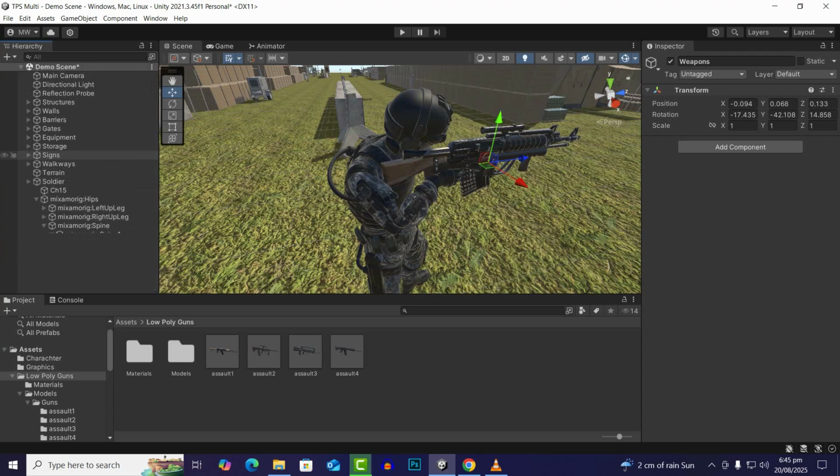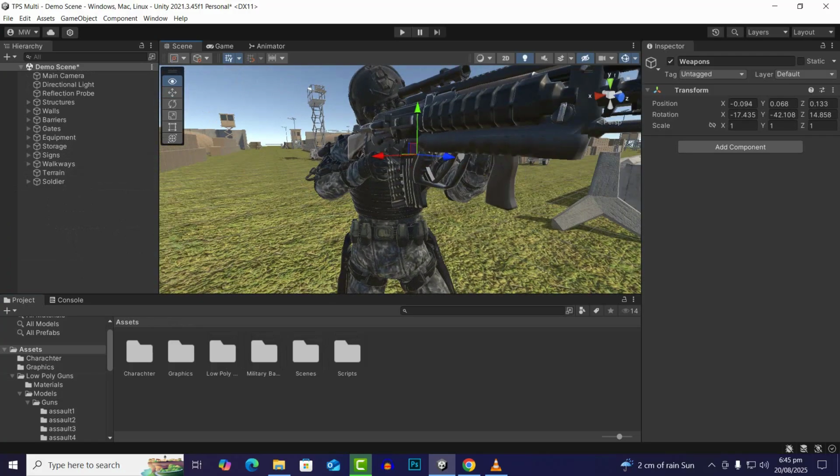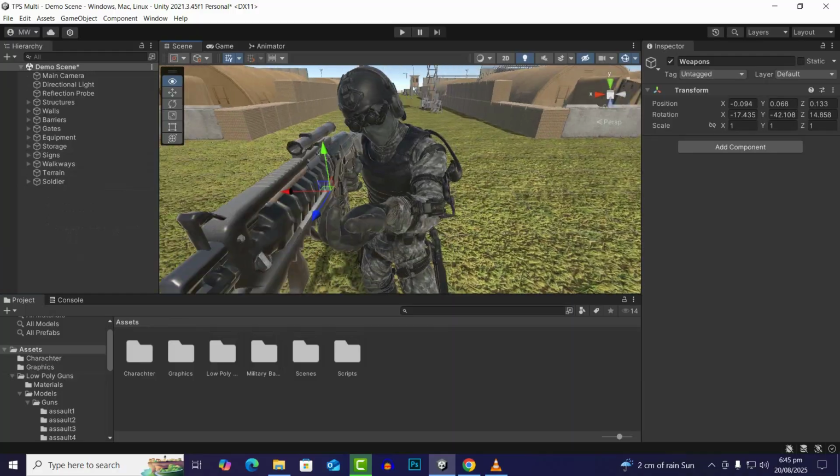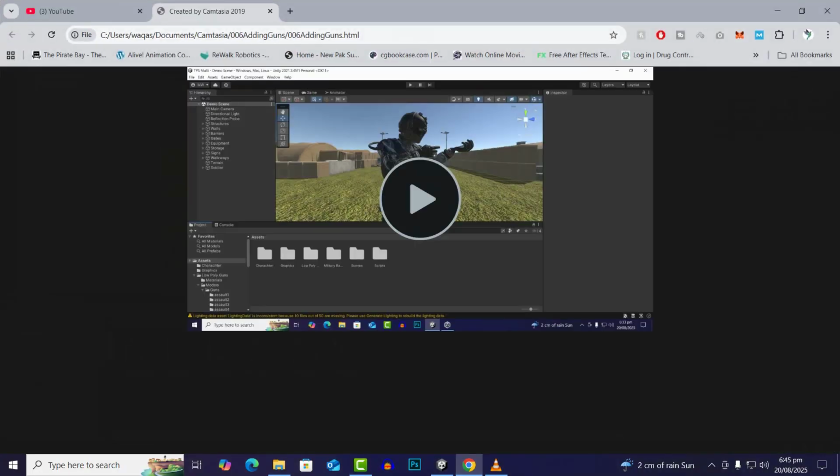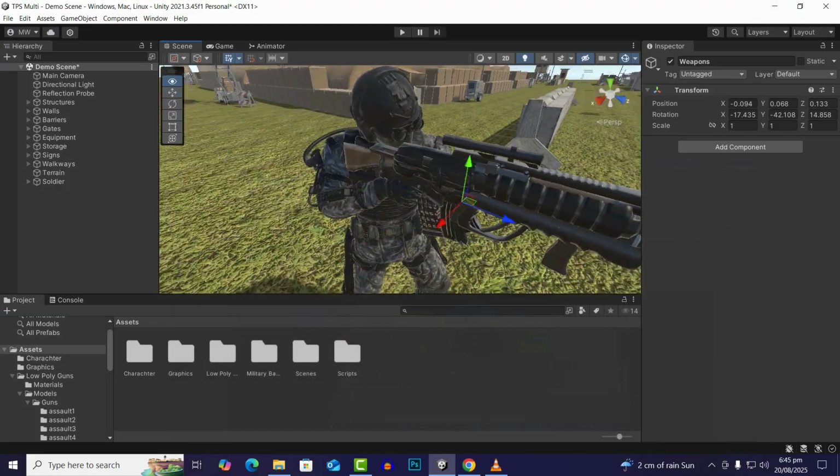Assalamu alaikum. In this video we are going to add animation rigging to our project, and we will definitely rig our objects, and we will use the animation rigging for focusing, for assembling the points for the guns and